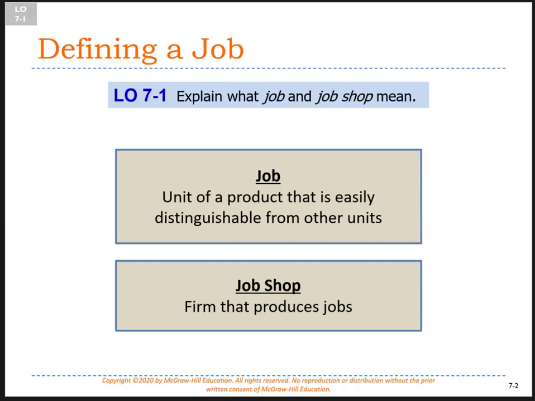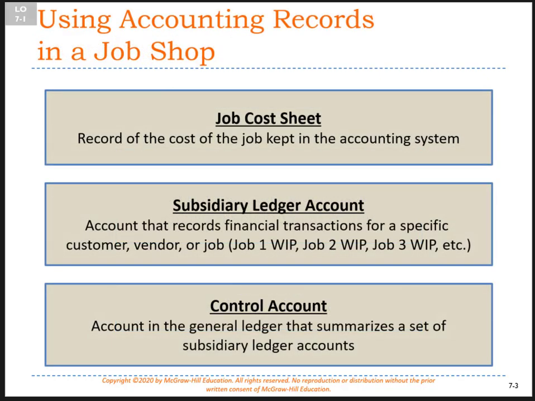It's what we work on that's easily distinguished from others, customizable for customers, that sort of thing. If we do that, and we utilize that concept of jobs or projects, then we may refer to ourselves as a job shop. Okay, so somewhere in the old days, back when we used to keep this all on paper,